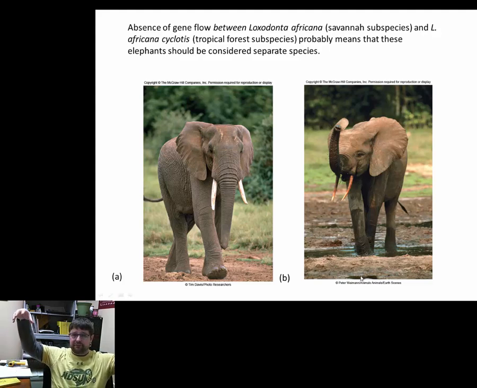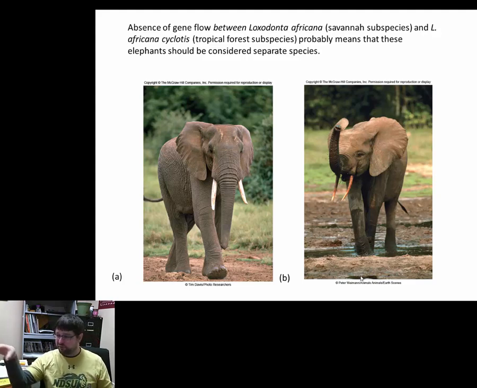But the idea is these two populations used to mix. So you used to have savanna elephants that would move into the forested habitat during different times of the year. And you have the forested elephants, would be moving in the savanna. It was one big population. They'd move back and forth together. Well, through either hunting pressure, habitat destruction, something, now we have forested elephants that don't leave and savanna elephants that don't leave, and they're starting to diversify.